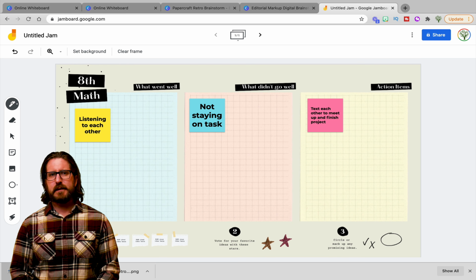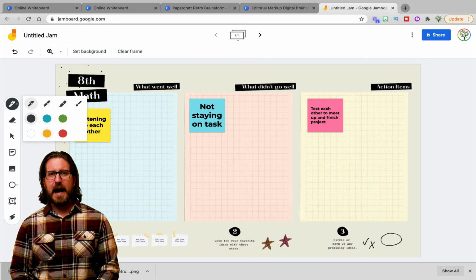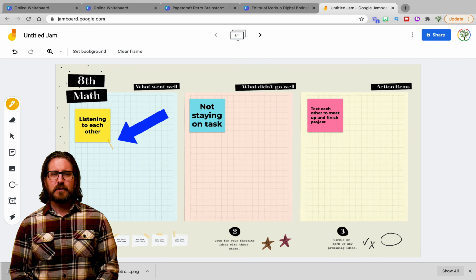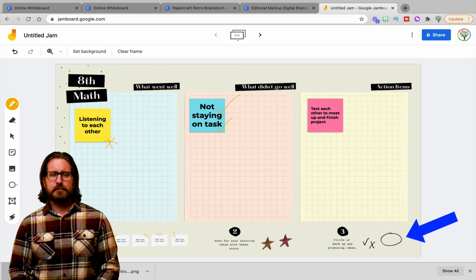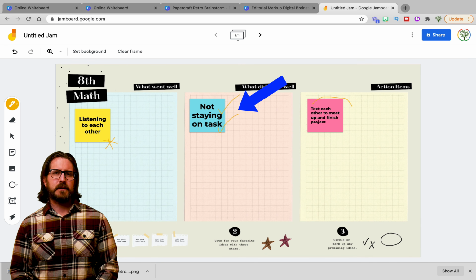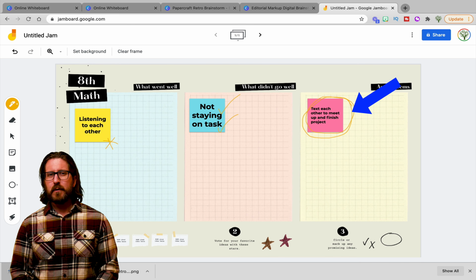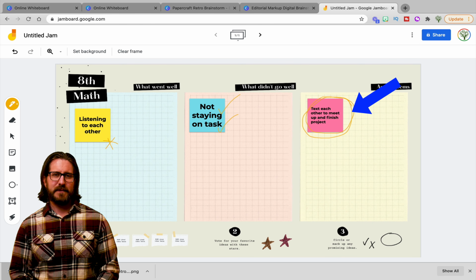Here, students could easily use the drawing tool to sketch a quick asterisk. Then, after adding stars, students would circle or mark up any promising ideas. Again, the draw tool would probably be the most appropriate here. And remember as well that these templates are fully editable. So you could, of course, change the text if you wanted it to say something different.